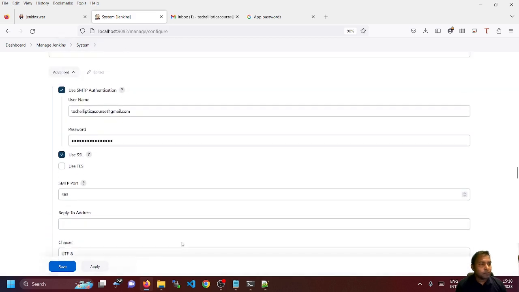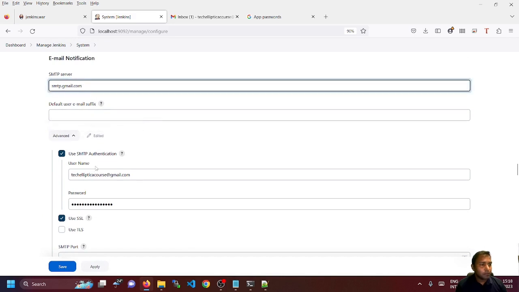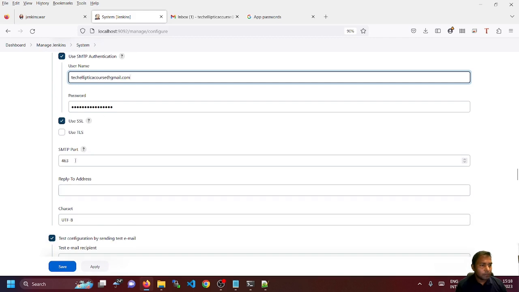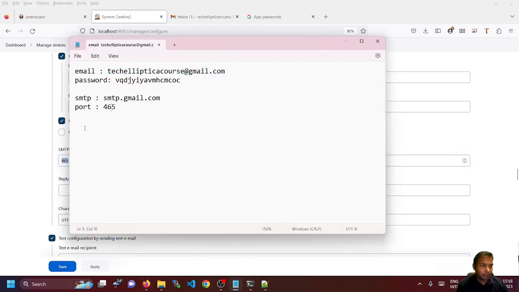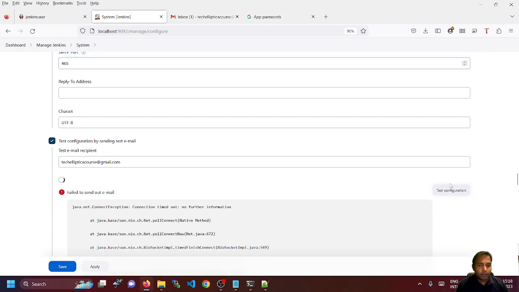One moment, there is some problem. So smtp.gmail.com here. All right, we have set the URL. Oh, 465. The port is 465. I'm sorry, I just wasted time. Yes, the port is 465. So I will again go for the test configuration, and